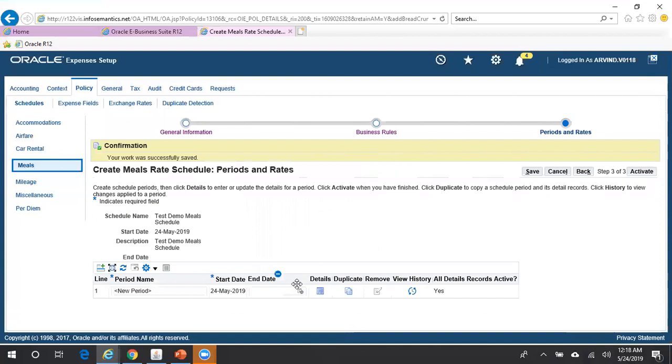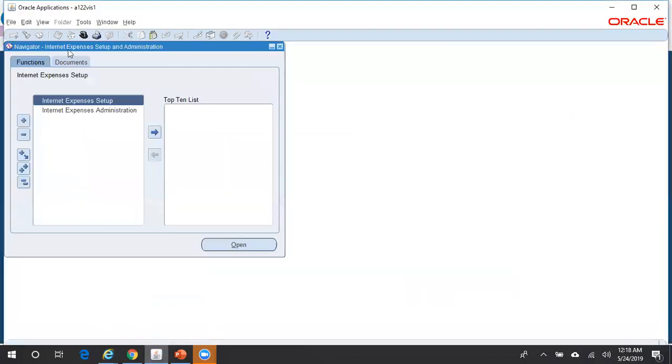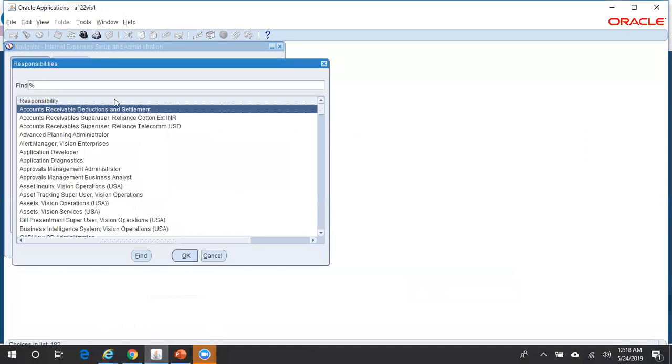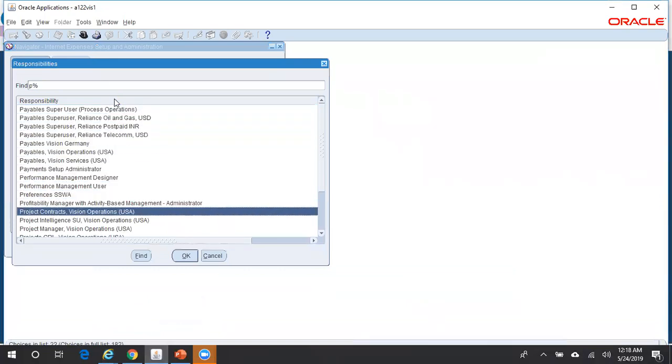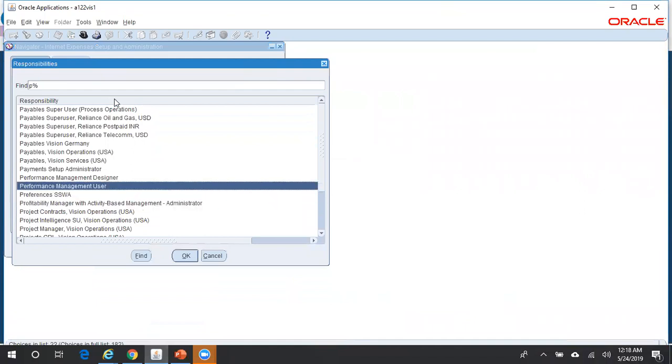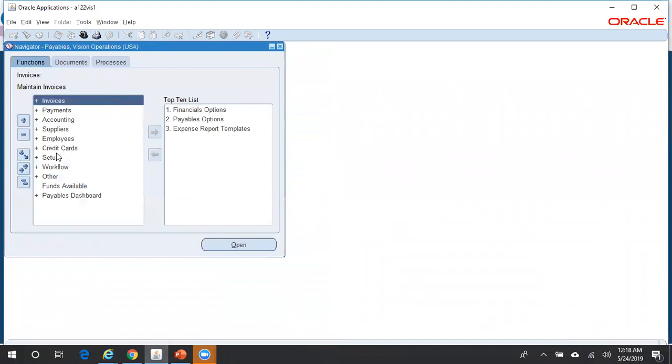Okay, now I'll get into the expense report template. I'll try to create a new expense report template, and I'll try to associate this expense policy schedule, whatever I have created here. So navigate to payables, vision operations, payables, vision operations, setup,